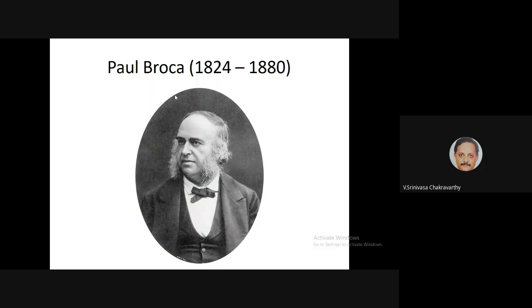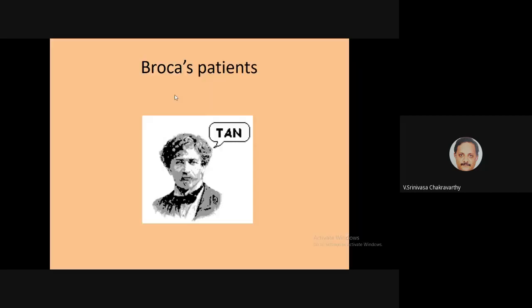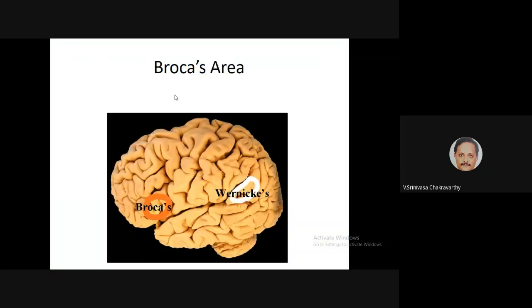Other studies by, for example, Paul Broca, a French neurologist, also revealed interesting data about how speech and language are organized in the brain. Broca studied an interesting class of patients. One of these patients could only utter one word. That word is "tan." He could only say "tan." That's all. After the death of this patient, he performed a postmortem and found